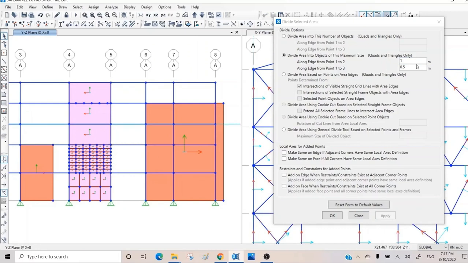Sometimes the number is not regular based on the span. Shell matches the size which is closest to the mesh size you choose. Could be 0.9, could be 0.95 or anything like that, but it wouldn't be more than 1 meter, and it is subdivided based on this. And the other option you have is to divide the area based on the points on area